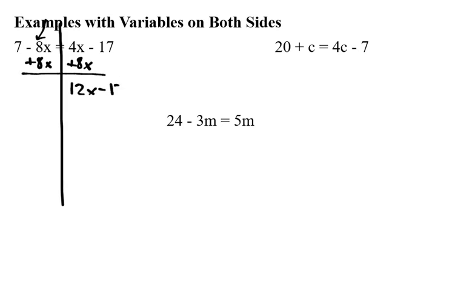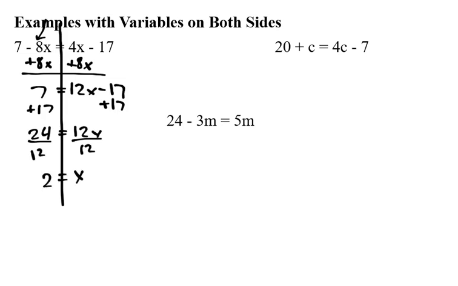So we have 12x minus 17 equals 7. Now it's a two-step equation. We get rid of our subtraction. 24 equals 12x. Divide by 12. X is equal to 2. In the second one,